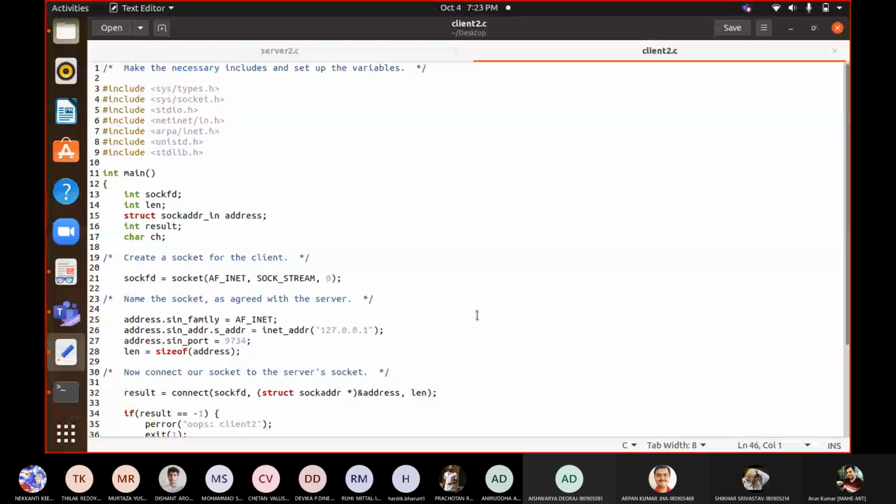Then you will invoke the connect system call. In the connect system call, there are three requirements, three arguments. The first argument is which socket wants to connect, that means the client side socket number. So you will use the client side socket ID. Then the second argument is where you want to contact. What is the server address? Already you have maintained at the client side the server address in one of the structures. So the pointer to that structure, which is holding the address of the server, the foreign address, you will store. And then the third thing, always, is the length of that address, whatever the length be. So this is regarding the connection establishment at the client side.